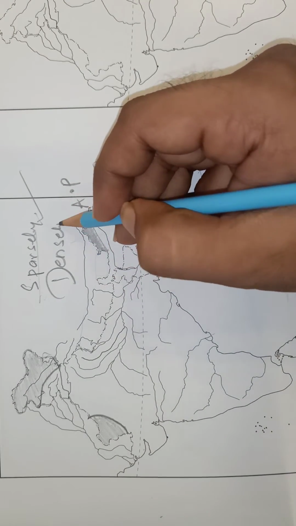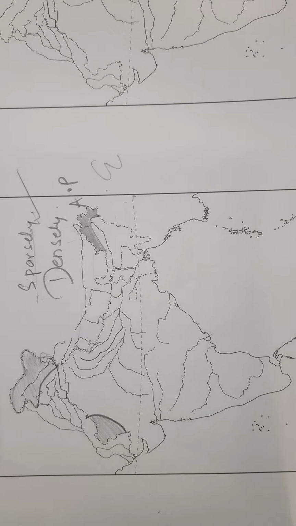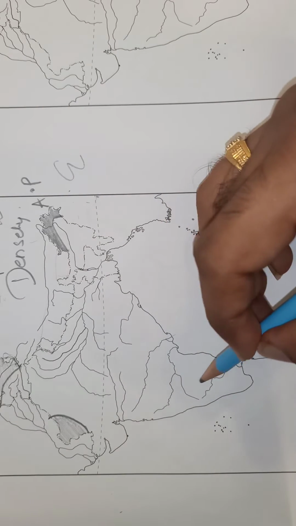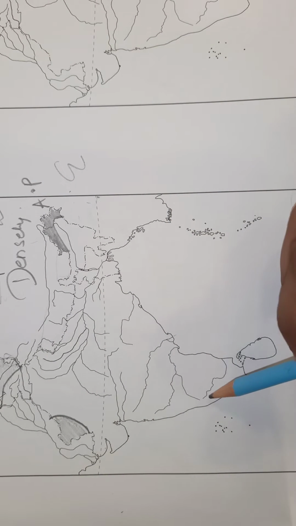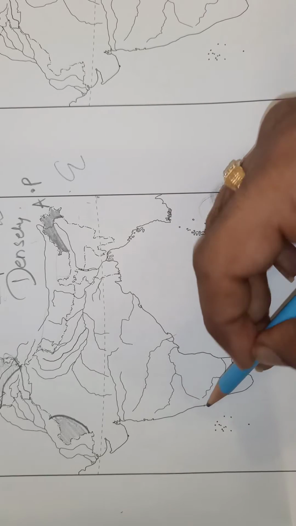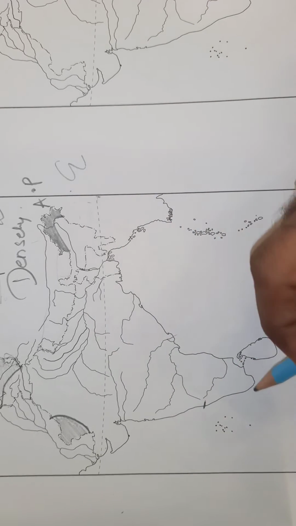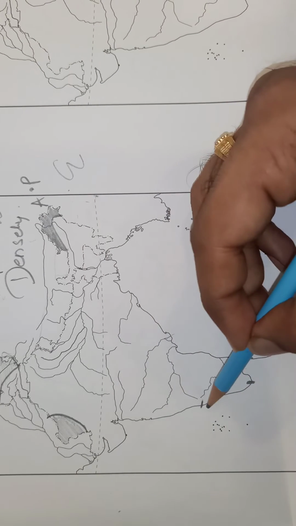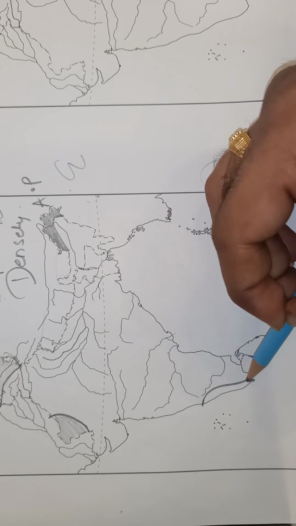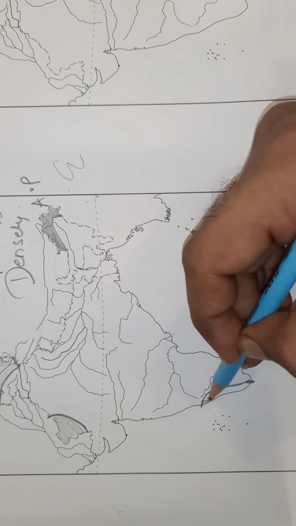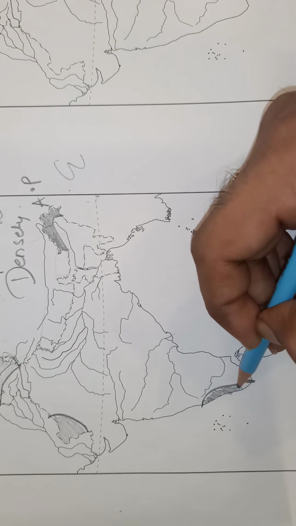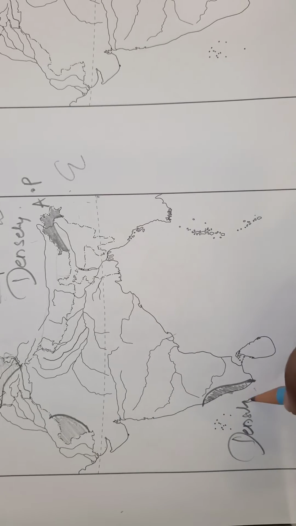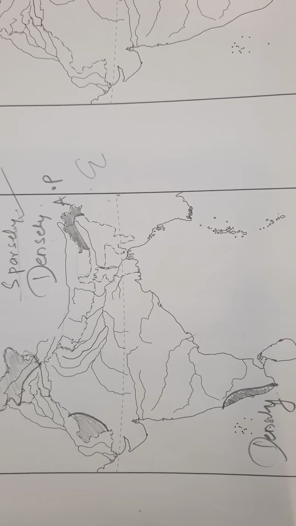Densely, as you all know, means where the population is high. So one densely populated area in the south is Kerala. From where do you have to start Kerala? On the edge of this river. You have to start from the edge of the river and mark till the middle of this southern coast. So it starts from here and it is somewhat like this. So this is Kerala. Kerala is the densely populated state in the south. Understood?